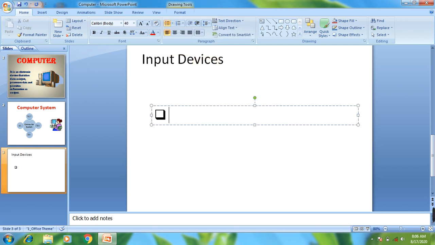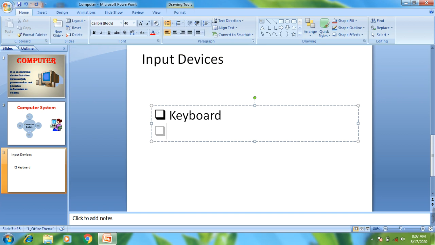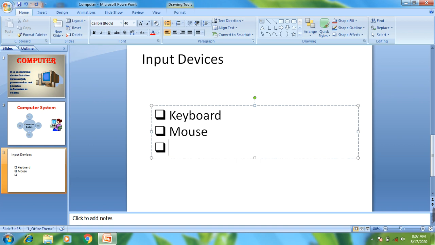Now you can enter your text again, and if you press the Enter key, then the next symbol will automatically appear. In this way you can use these two features, bullets and numbering, for creating a list in the slide. I'm going to enter more text.